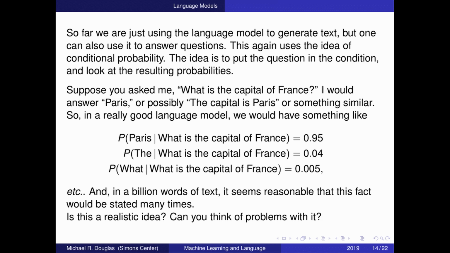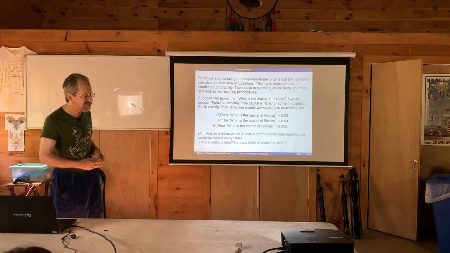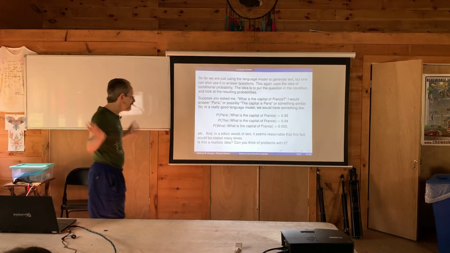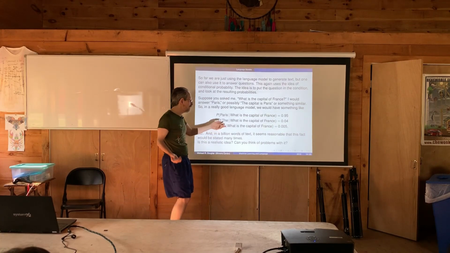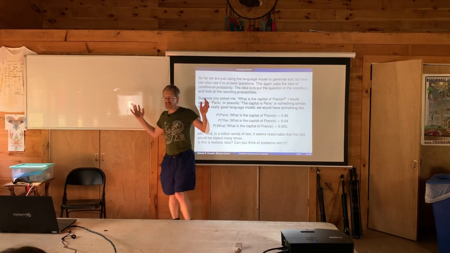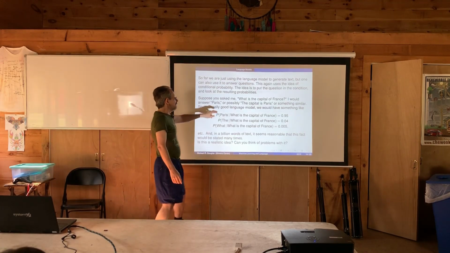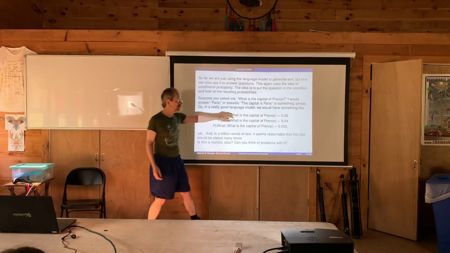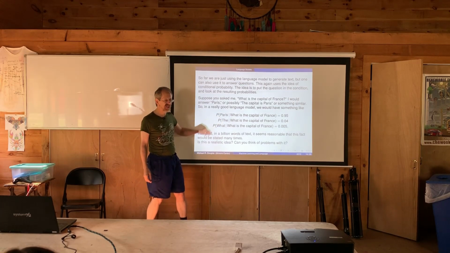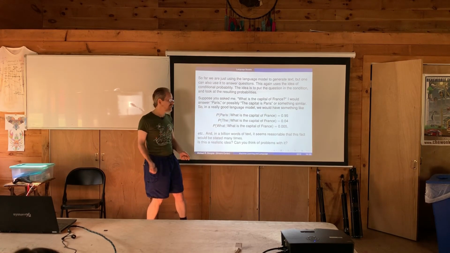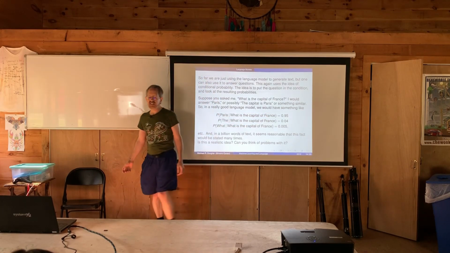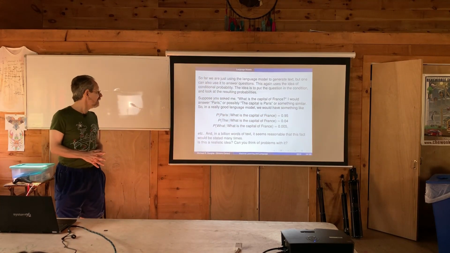But then he might have said something like, the capital is Paris, so maybe that has 4% probability, or maybe you'll say, what do you want to know that for? What do they teach you in school, anyways? And maybe that is like 0.5%. You could list all the possibilities, but it's clear that if you're describing the probabilities of a text in a dialogue, this is going to be very high up there, and you could feed in the question as the condition in the conditional probability.